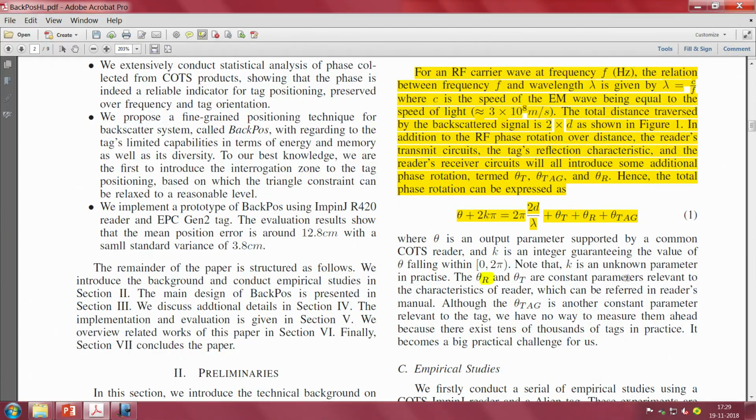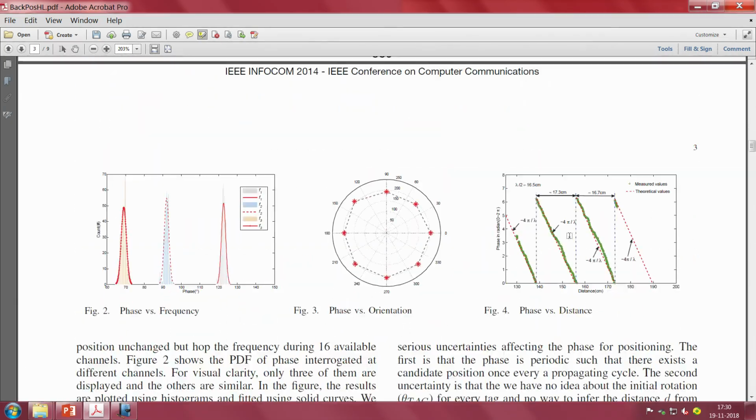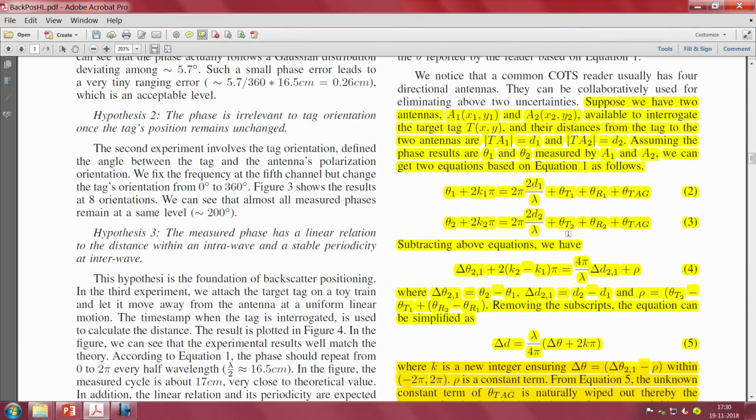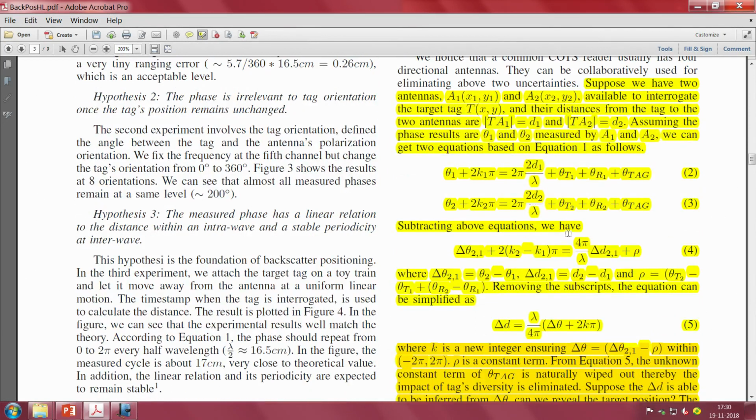Recall I mentioned equation 1 and equation 2. Equation 1 is this, you can see here, and I said let us put this as theta 1 and then put the other one as theta 2 and do a phase difference, and let us estimate the path difference and all that. This paper actually has captured all of that, and you will get a clearer picture as you look here. You see exactly equations 2 and 3 are that.